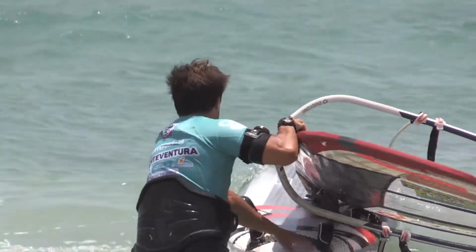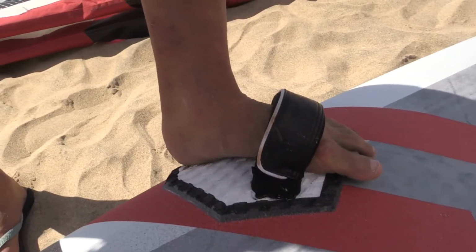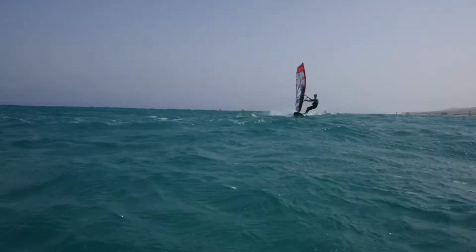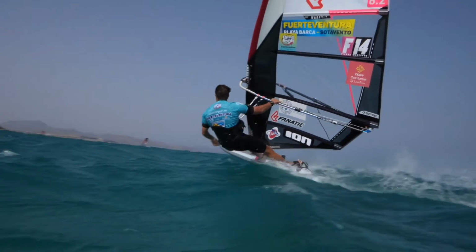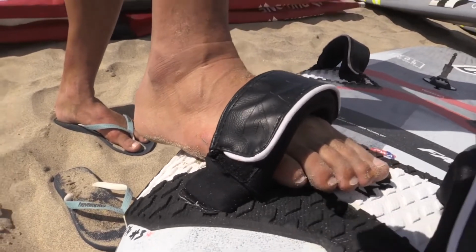Perfect. Let's have a quick look at how your feet go in the straps, because some people have them super tight. How do you like it? Yeah, I'm going like this. Especially the front foot, I really like to have it well in, because it helps you to keep the board, and the back one I like it tight because it helps you to put the board on the rail a little bit. So when you say tight, can we have a quick look at the back? Yeah. This is maybe not the good example, because here you also need to be able to get out easily,